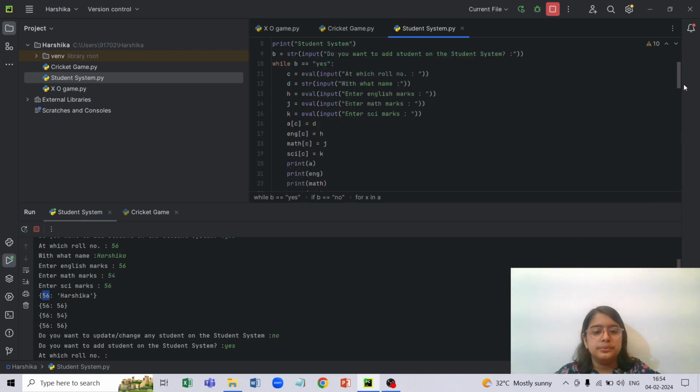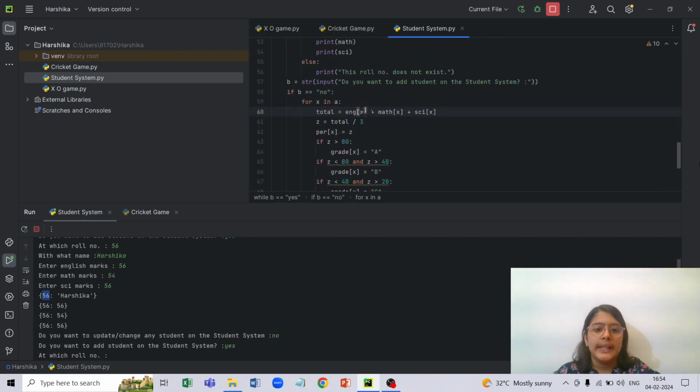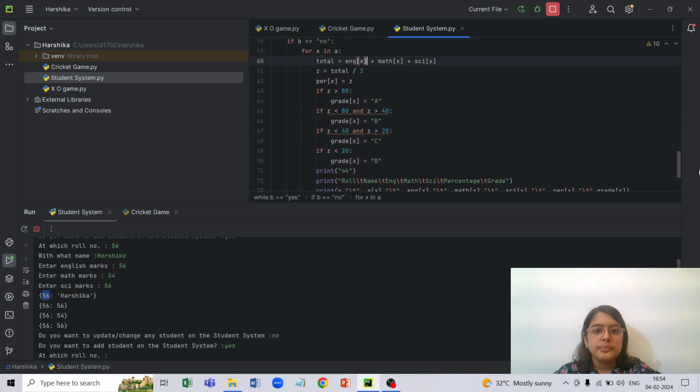So that way you can calculate. English marks of x, so all the x in here is the same roll number until the loop runs again, obviously. So it is adding all the numbers, like first it is 56, then 54, then 56. So it is adding,